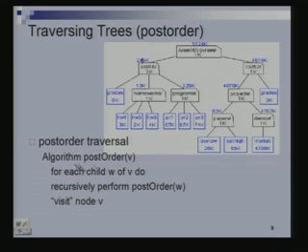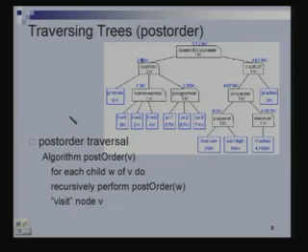So, in a post order traversal, when you are doing a post order traversal of a node V, for every child of the node you are first going to perform a post order on that. In this example, post order corresponds to finding the total space occupied by that subdirectory. To compute the total space occupied by this directory, you first compute the total space occupied by each subdirectory, and having computed that, you then compute the total space required by this directory. So, the order in which the computation is done is reversed from the previous example.